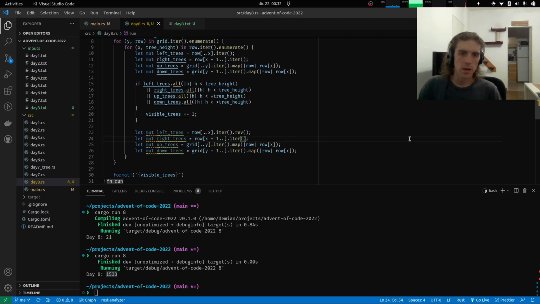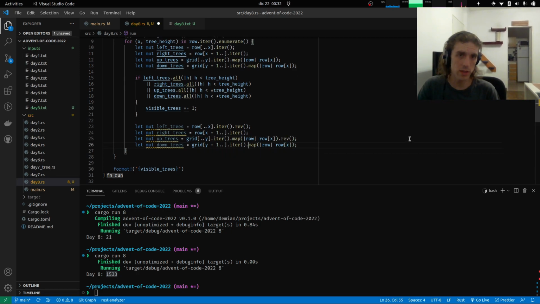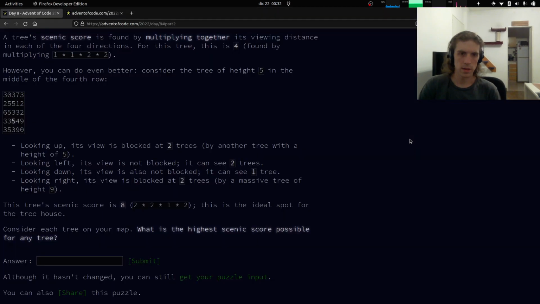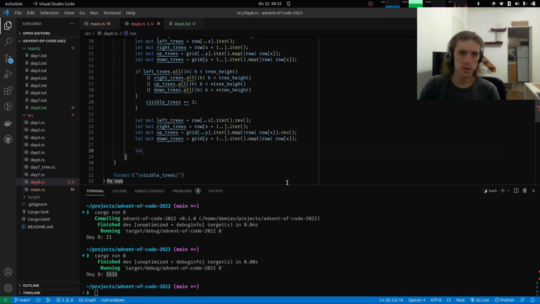Yeah. We can do this now for the right trees. This is fine. For the up trees, we need to do the same thing of reversing. And for the down trees, that is fine. Okay. So once we have this, we can do a sort of similar thing. Let's say, how is this thing called? Scenic score. Scenic score is gonna be,